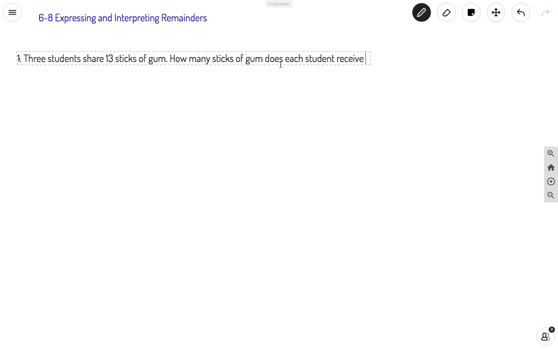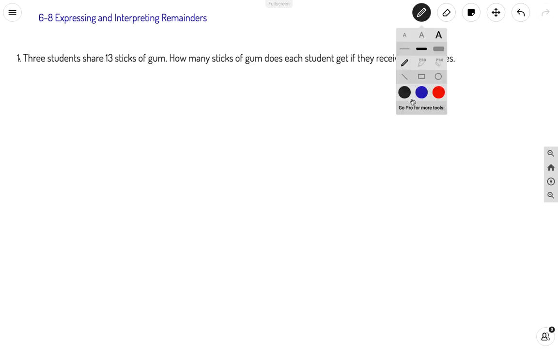How many sticks of gum does each student get if they receive equal shares? So a key word here that we're looking at